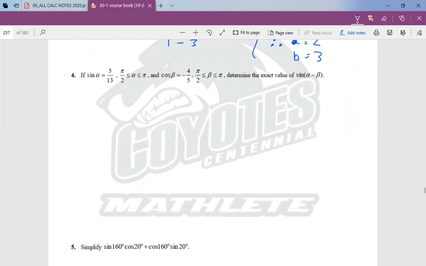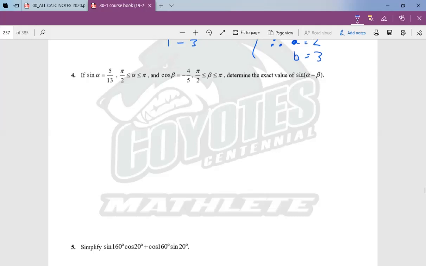Okay, if sine alpha is 5/13, where alpha is between pi halves and pi, cos beta is -4/5. Beta is between pi halves and pi. Determine the exact value of sine alpha minus beta. All right, so we have two little Cartesian grids that we should draw to draw each of these situations. Keep in mind we want to look for how this domain is restricted to see what quadrant we're working in,